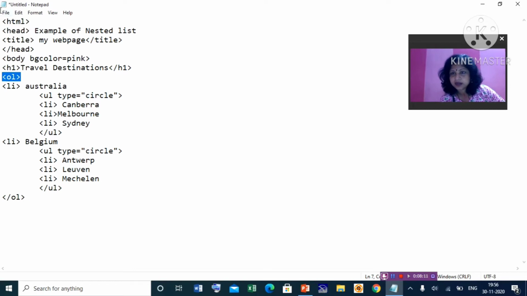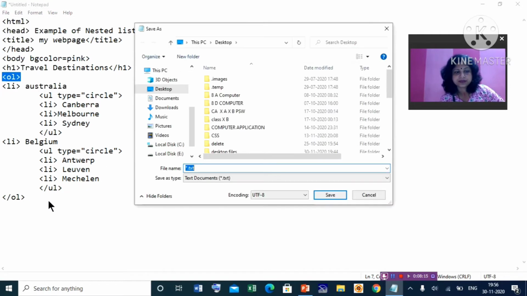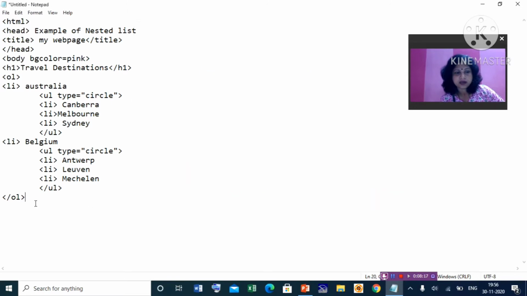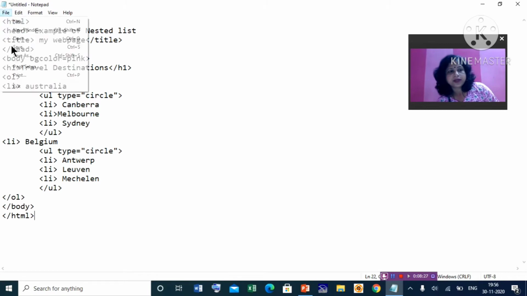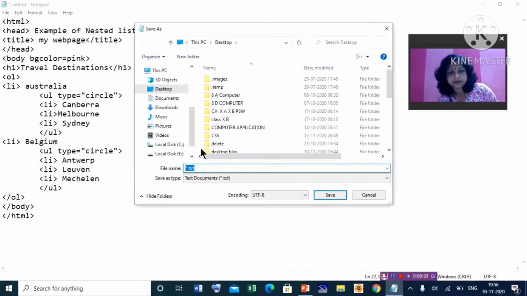Now let us see the output. Save it. Before that, close the body tag, close HTML. Now save it. Always to save, we'll use the HTML extension, either .html or .htm.